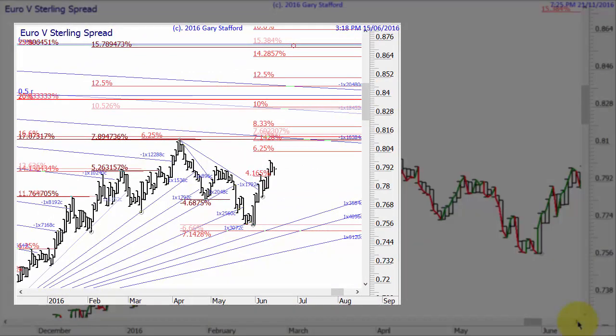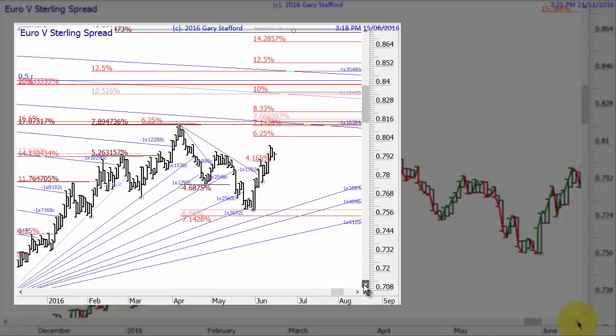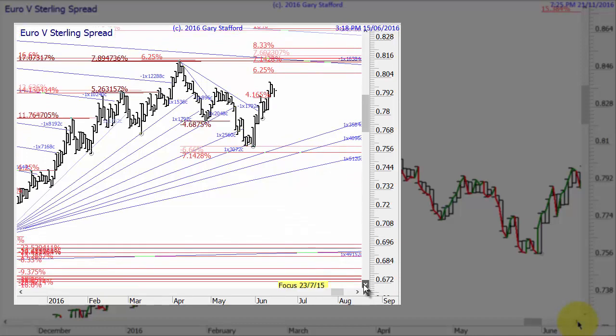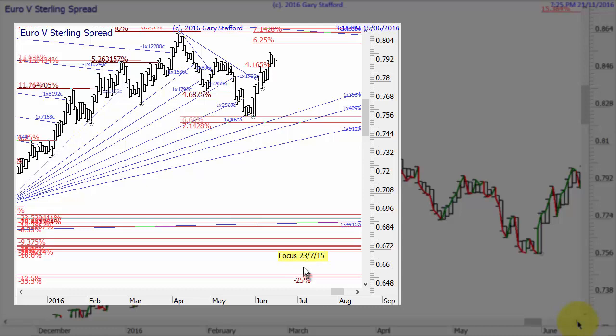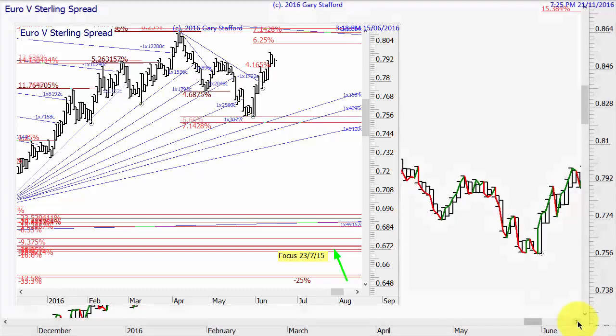Let's go with the training video of the 15th of June 2016, and as discussed in there, looking for possible shorts here and also here, which is probably the better one of the two, and there's a long standing signal down here from the training video of the 23rd of the 7th 15 for a possible buy here, but that's a long way off. If you want to pick up my chart, it'll be MS686 by GS.